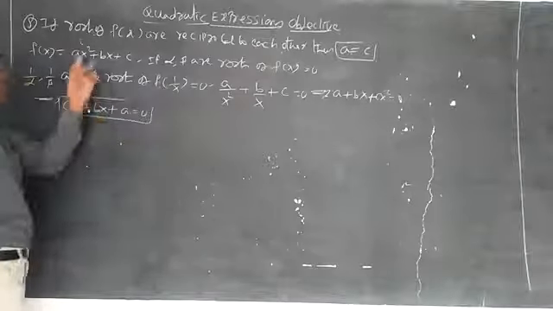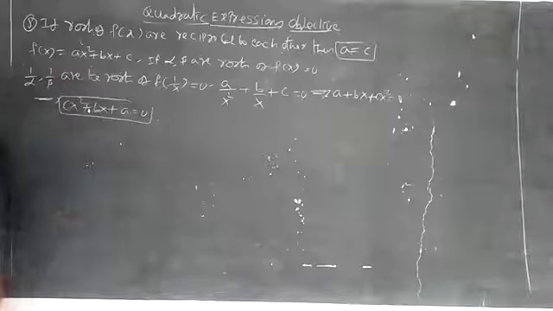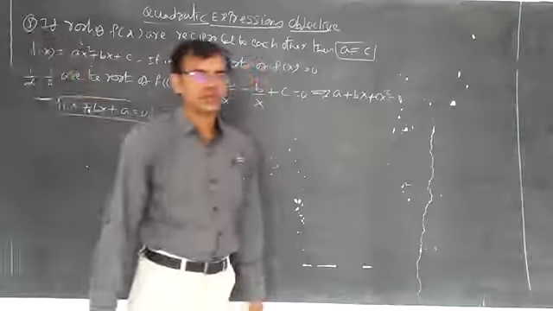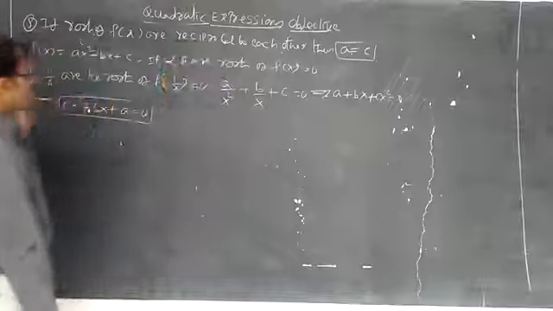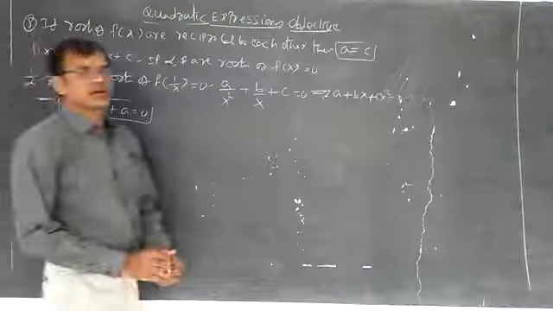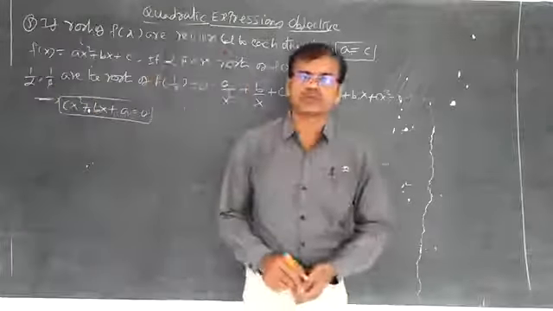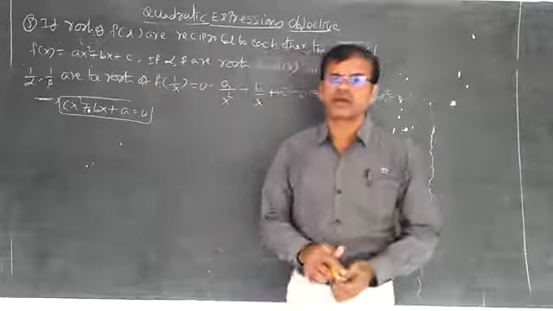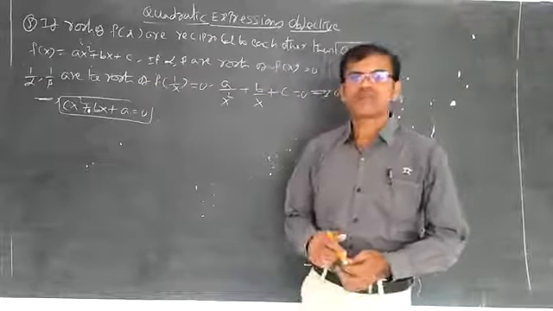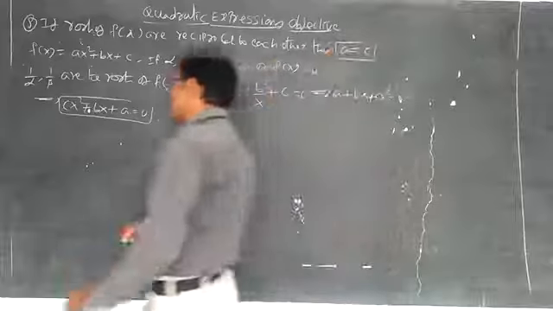So what is happening here? a became c and c became a. That is the condition a is equal to c if the roots are reciprocal. So you can understand that the quadratic equation having reciprocal roots of the given quadratic equation is f of 1 by x equal to 0, that is the formula.